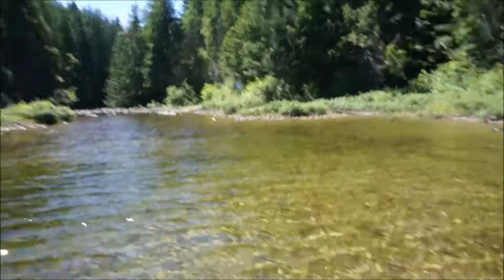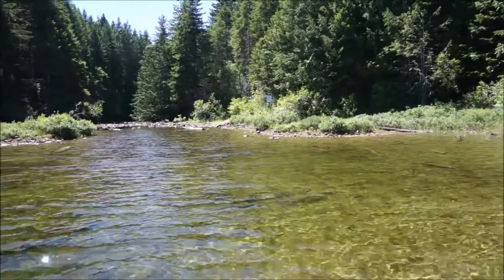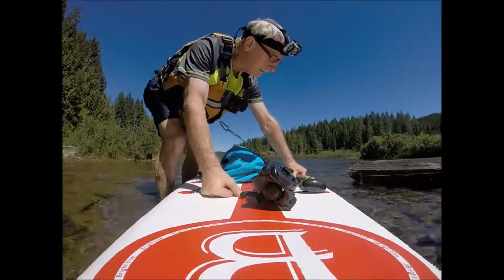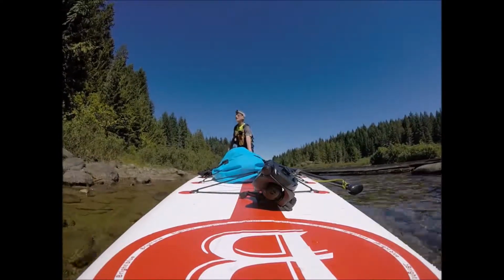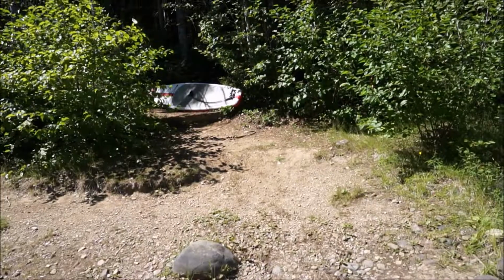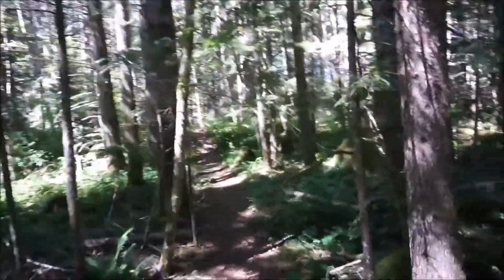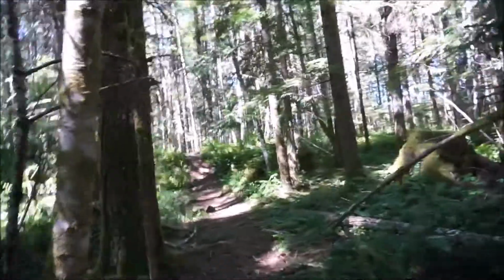So we're just coming into the portage that goes from the Gray Lake Pond. It'll portage around this segment of the creek here where it's just too rocky to go down. So this is the landing here, and we're just going to head up the trail. We're heading down to the creek here. It leads into Whimper Lake, and